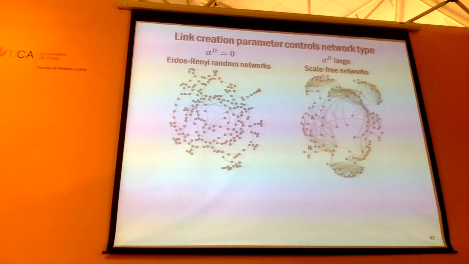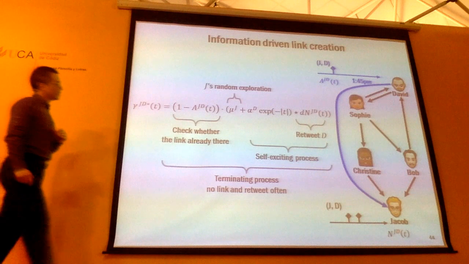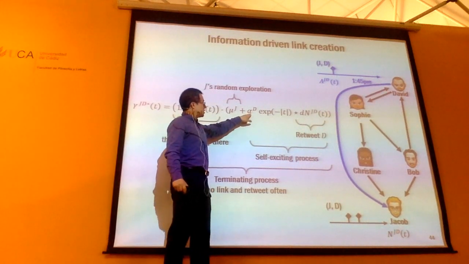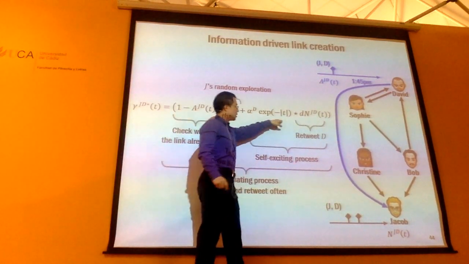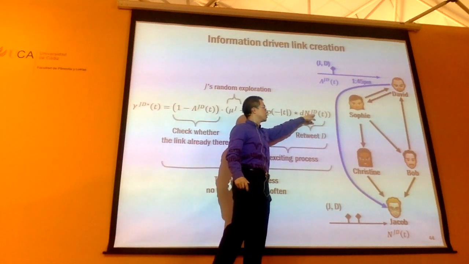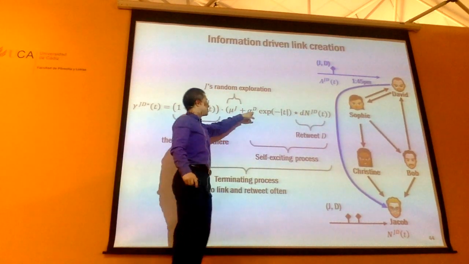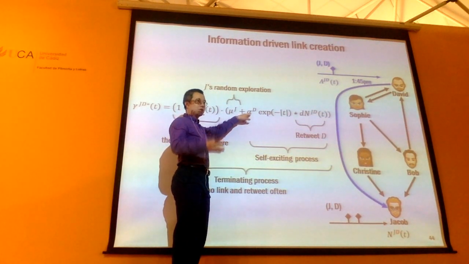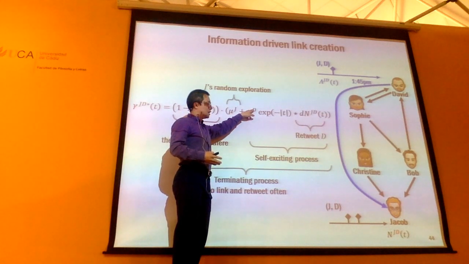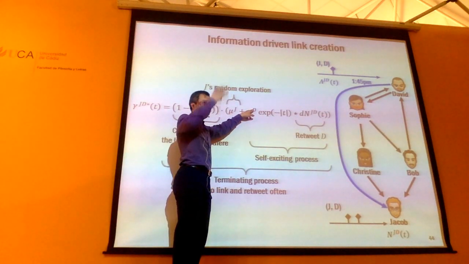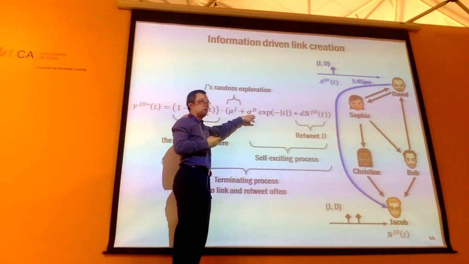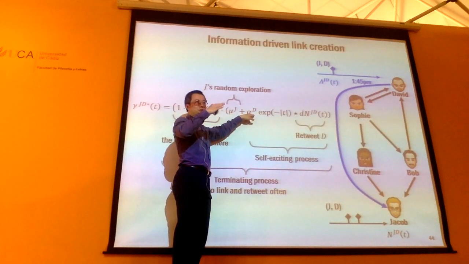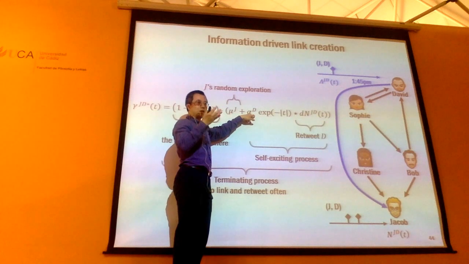Of course, you can also change this parameter. This link creation parameter, alpha d, we have in the model. Let me just go back to it. So alpha d is this, yeah. The strength, this is the retweet of Jacob to a particular information source David, okay? And then this parameter alpha is controlling the strength of the sequence of retweets to the link creation. If this is high, that means that if you retweet just a little bit, you're going to create a direct link to the information source. If this is low, you really need to retweet a particular information source many, many times in order for you to create a link. Okay?